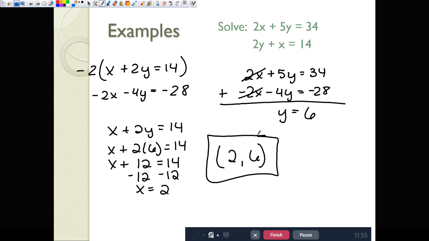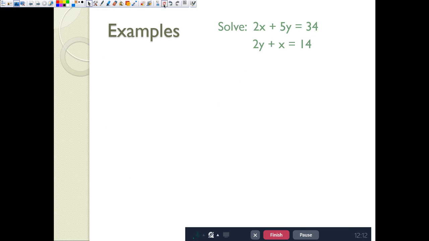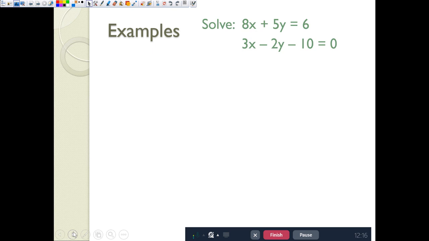I think it says that, yeah, substitute the value into any equation to solve for the other variable. I just chose that one because it was the easiest. I like things easy. Okay, so I have 8x plus 5y equals 6, and 3x minus 2y minus 10 equals